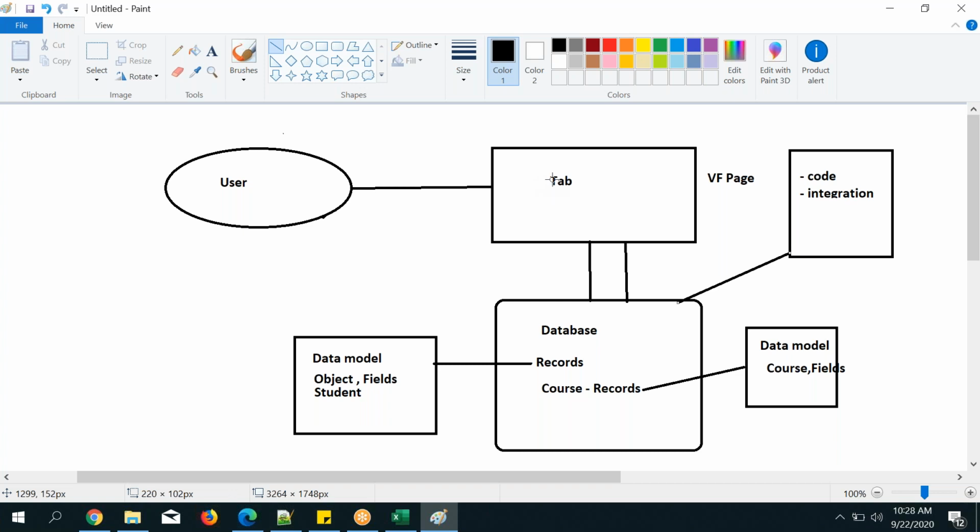Now I want to retrieve the data from the database. With the help of the tab, we can retrieve the data and see it with our eyes. Next, with code also we can retrieve the data from the database by using a SOQL query. If you know SQL or DB, you can easily understand. If you don't know, leave it. And if you want to insert, you can use DML operations.